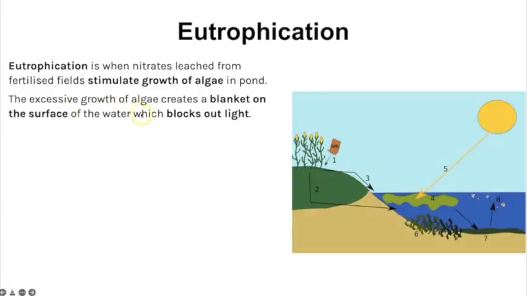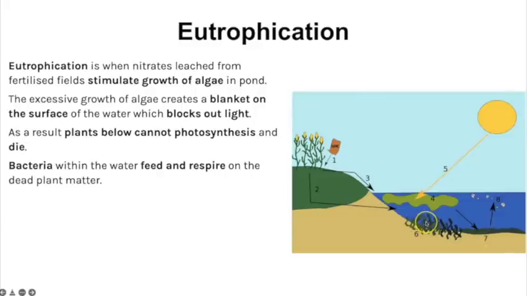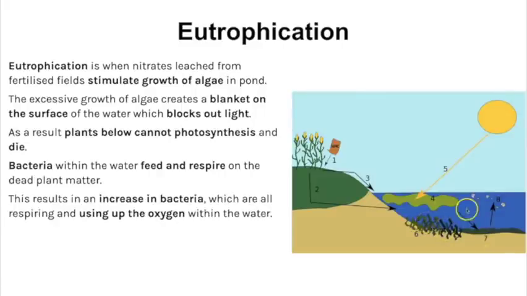So the excessive growth of algae creates this blanket on the top of the water. That blocks the light. As a result, plants below that blanket aren't going to be receiving light for photosynthesis and they end up dying. Bacteria within the water will then feed and respire on the dead plant matter, and in doing that they're going to be using up the oxygen within the water, and you get more and more bacteria growing and thriving because of all that dead plant material to feed on, so even more oxygen is used up, and